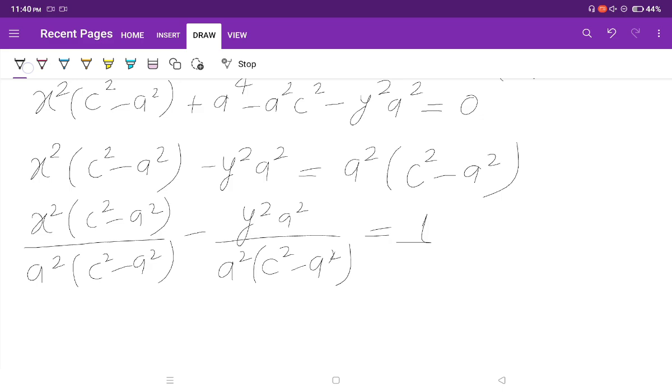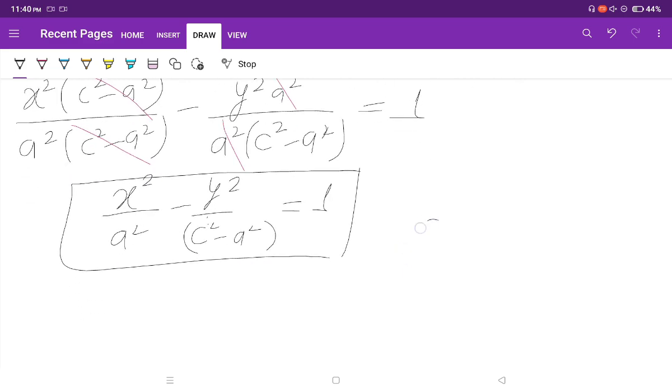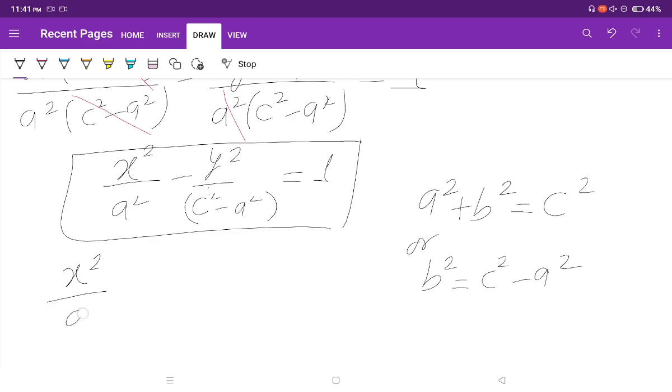Right, so a square cancels out a square, c square minus a square cancels out c square minus a square, so we have x square over a square minus y square over (c square minus a square) equals 1. Now we will use the equation a square plus b square equals c square, or b square equals c square minus a square. So we have x square over a square minus y square over b square equals 1, which is the equation of